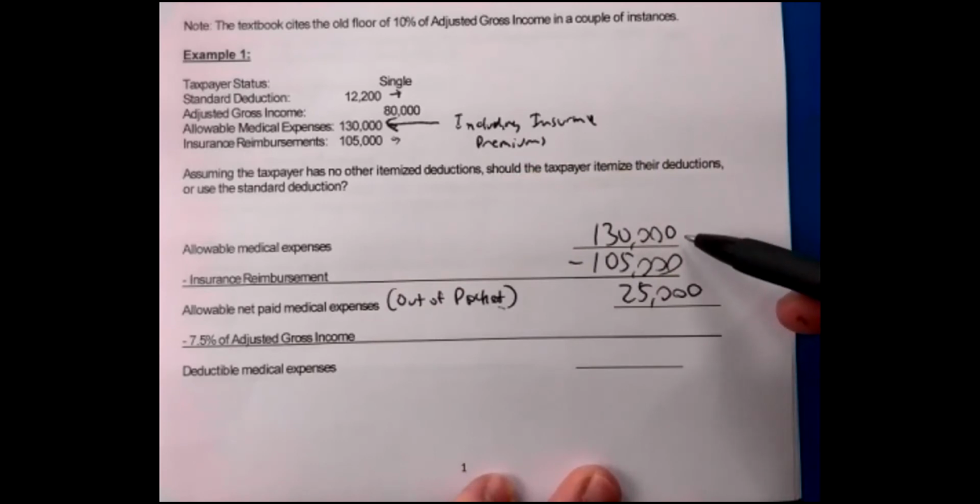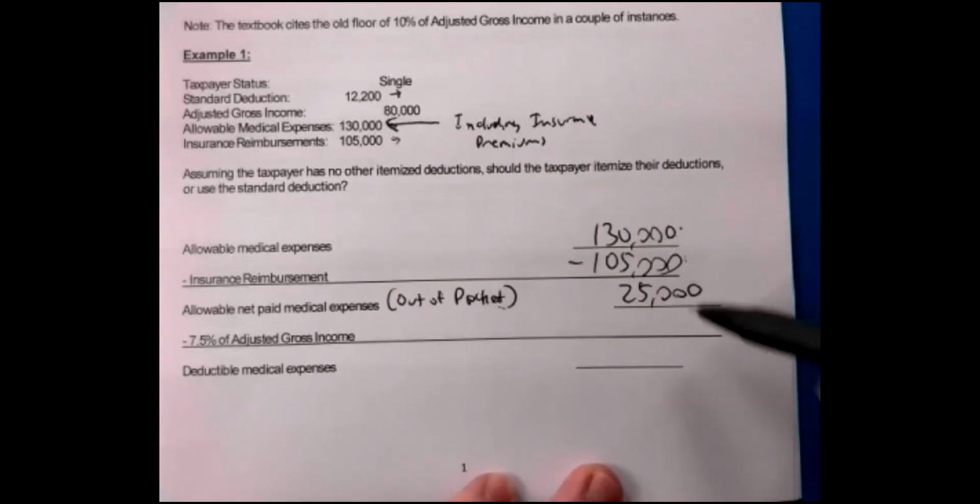And somebody will think, well, I paid 130,000. Well, no, you didn't. The insurance picked that up. Well, it was insurance I paid for it. Yeah, but you paid for the insurance. It's in here, and so they paid that. So this is your out of pocket, what you actually paid out.